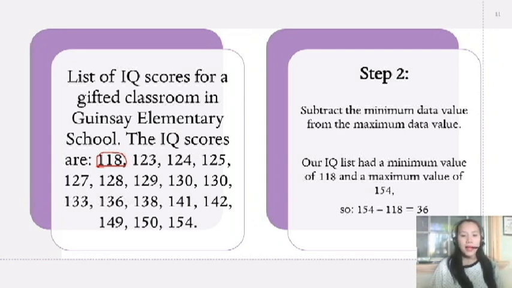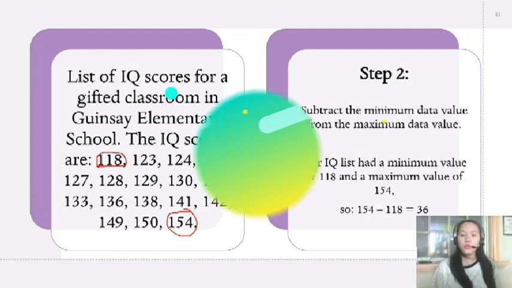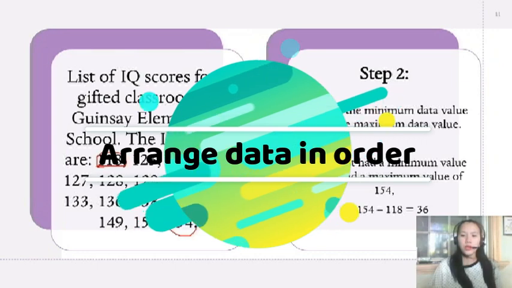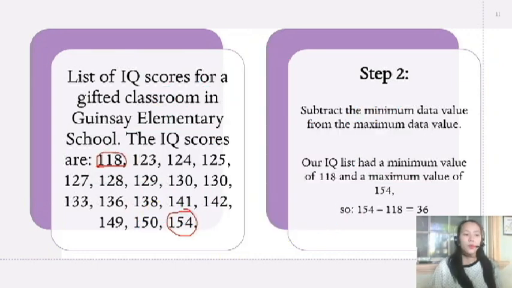Now, the maximum or the highest number that we have is 154. Sometimes the list is not in order, so I suggest arranging them. Okay, so we are going to subtract them. We have 154 minus 118 equals